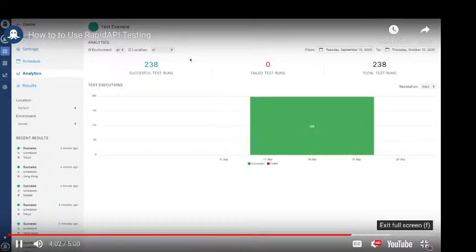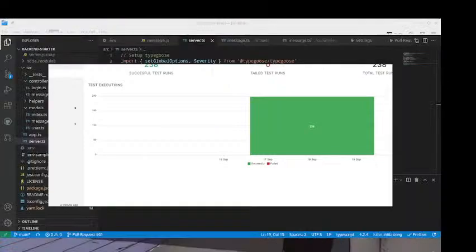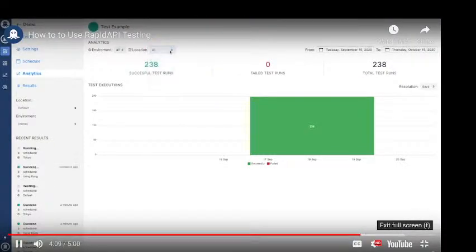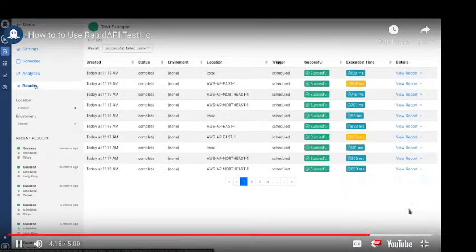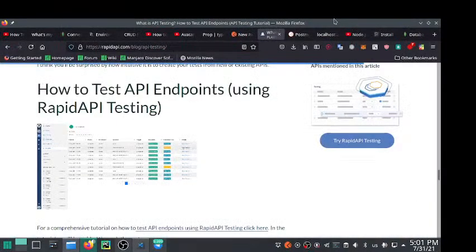You can see I have switched over to the Analytics tab. I also let a few hours pass, so the test has run quite a few times now to give us a bit more data to look at. We can also see the results for each test on the results page. You can filter by a few different categories in the top left. You'll notice the analytics and results we